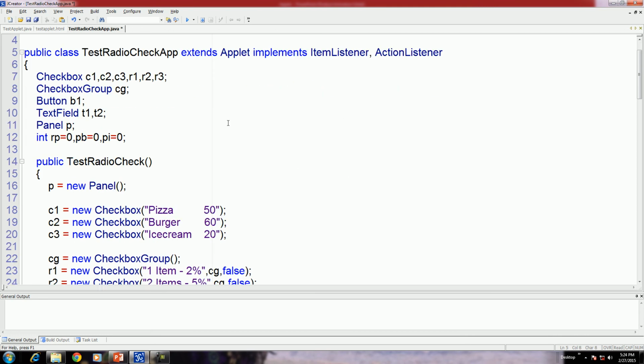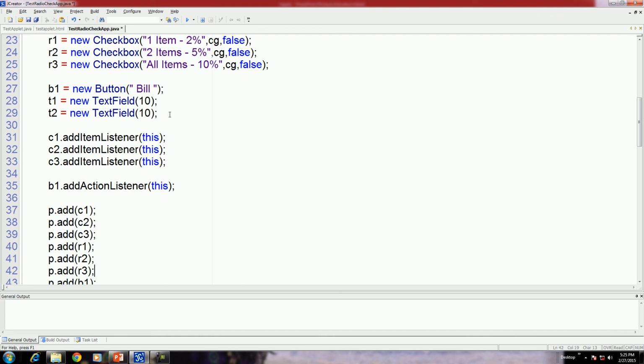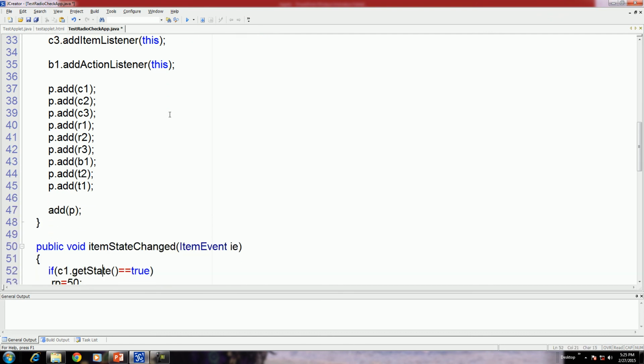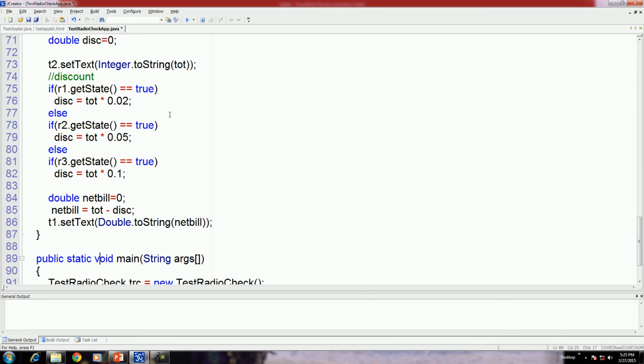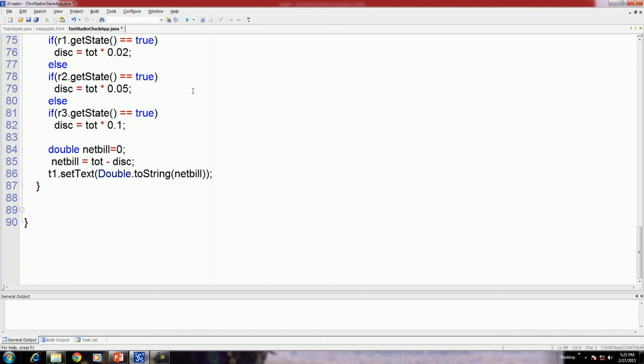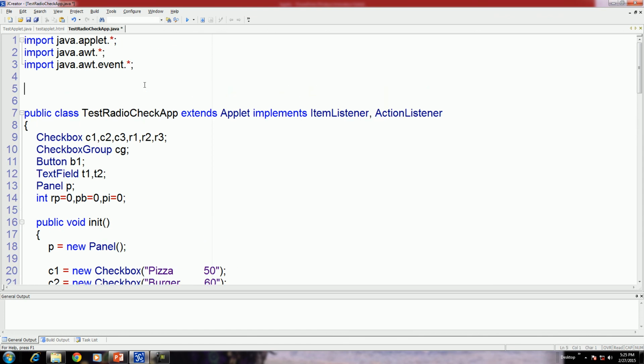Okay. Now we have the controls here. Instead of this constructor, we have to write a public void init. Build all these controls and add them to a panel. Finally, add the panel. It's fine. Now all the code is the same, only we don't have a main method. Okay. Now let us insert an applet code in this program. Your code should be under a comment, only the applet code.